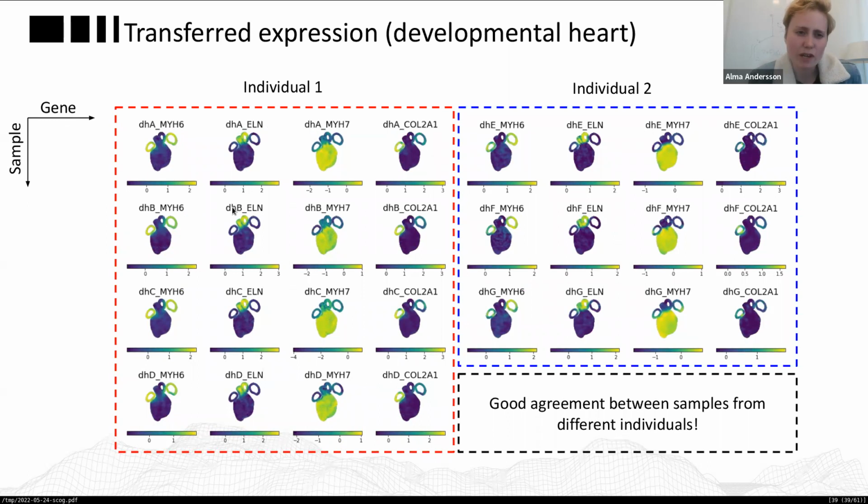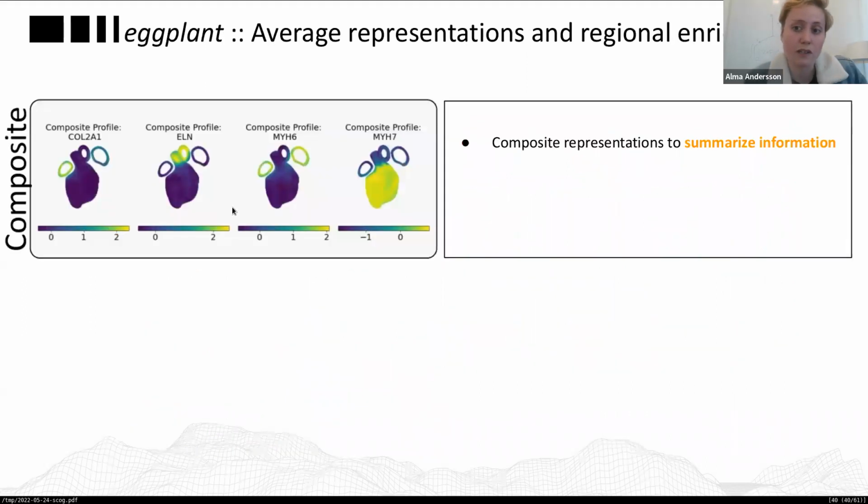Still, this is quite a lot of information to take in and digest. But what's really nice is that now that we have all of the information from these different samples cast into the same reference, we can create these composite representations that allow us to summarize the information across all of the different samples. What we also did then, as quality control, was to look